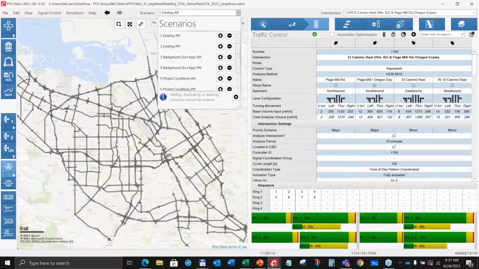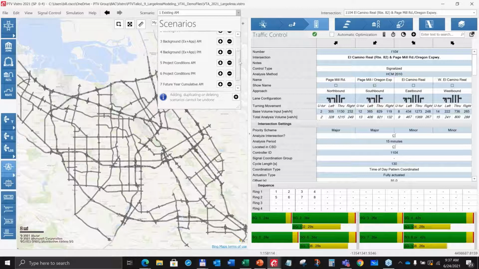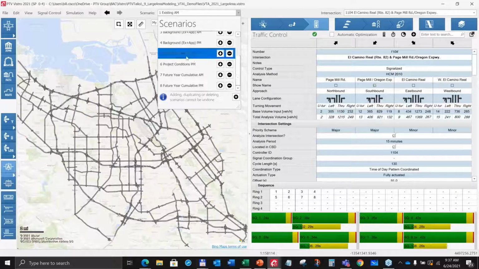But as highlighted in Eugene's slide, for the impact analysis guidelines, they have a number of other alternatives that need to be examined, including background, which is existing conditions plus any approved trips in the area, or project conditions, which also layers on your project trips, as well as future year cumulatives that include some future year growth factoring and estimations.